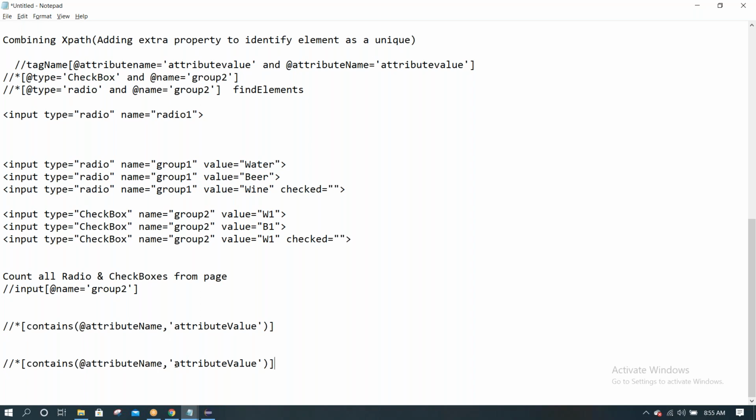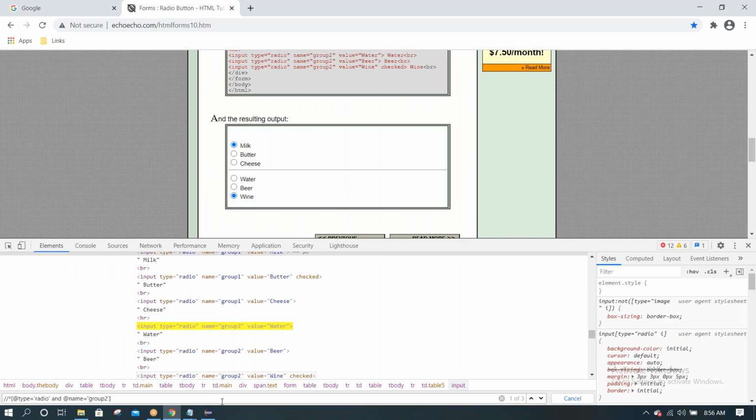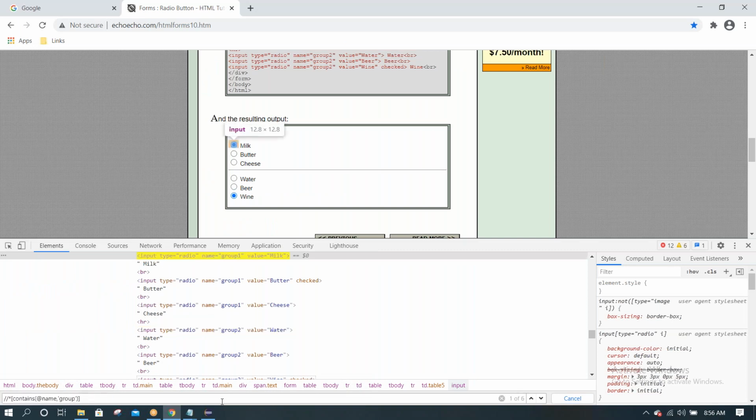Attribute name is name. Attribute value is like group. Group is common, so I'm taking that. That's it. These 6 elements, group is common.